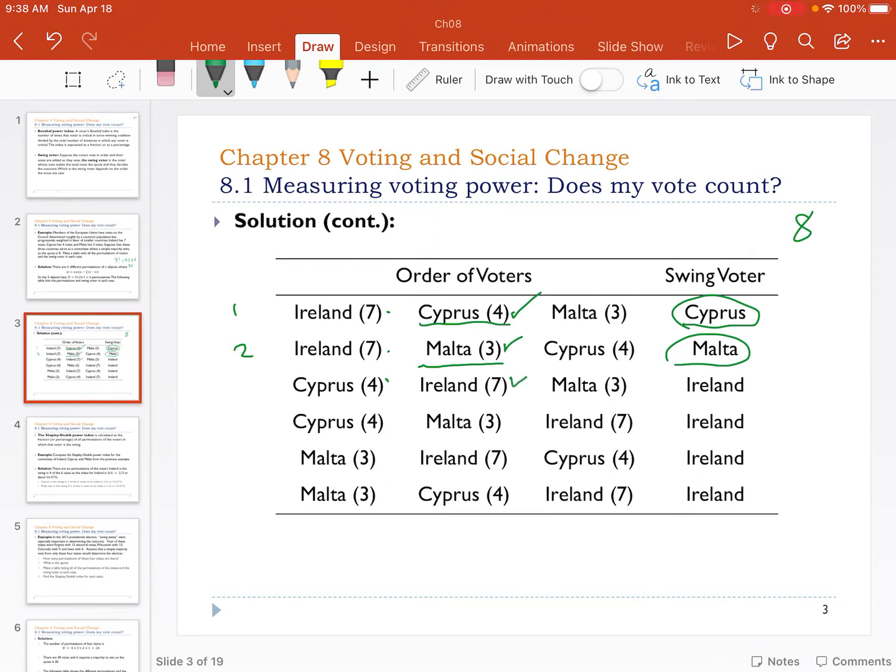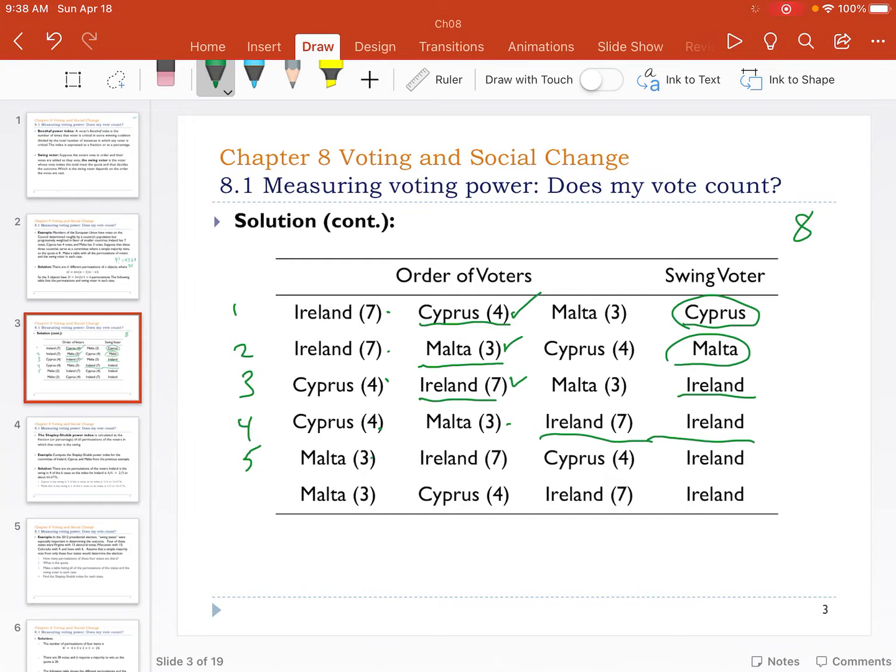But Cyprus doesn't quite do it, but 4 plus 7 is 11, and 11 is greater than 8. So Ireland, the second voter, once again, is the swing vote. So 4 plus 3 in the fourth case is not enough. 4 plus 3 is 7. 7 is not quite there. You have to go all the way to the end to get all 14, and then you finally get Ireland